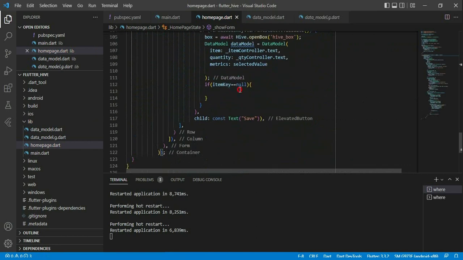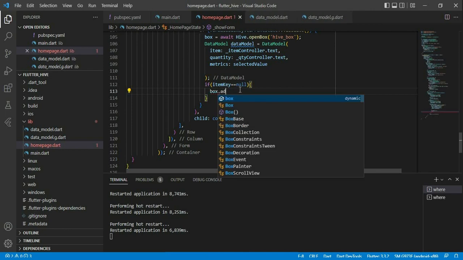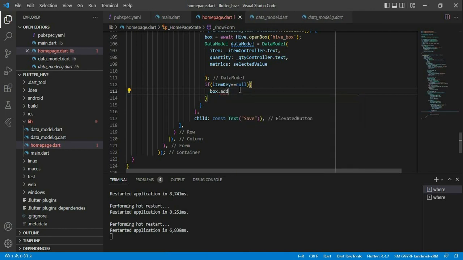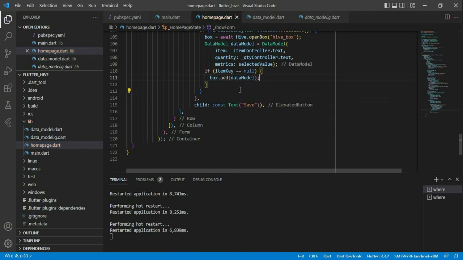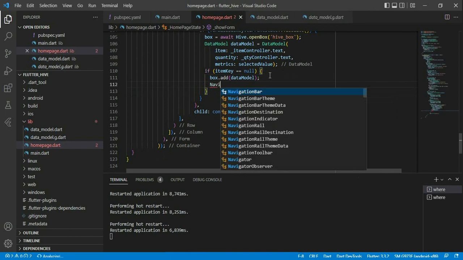If it is null, then we are going to save the data. Box dot add data model, that means we are going to add our data to the box, and then we use Navigator